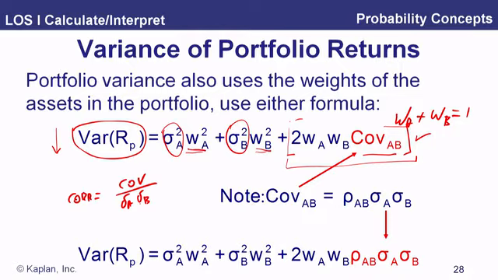Well, if we just multiply both sides of this equation by sigma A, sigma B, this cancels out. We get sigma A, sigma B over here. And so that's why we can substitute that in for the covariance right here, this term,